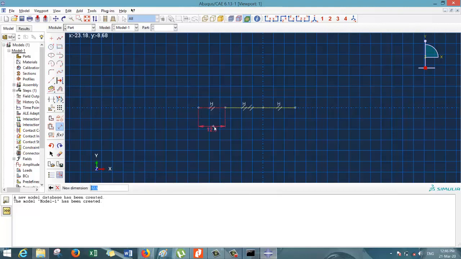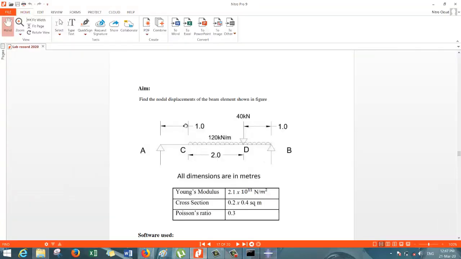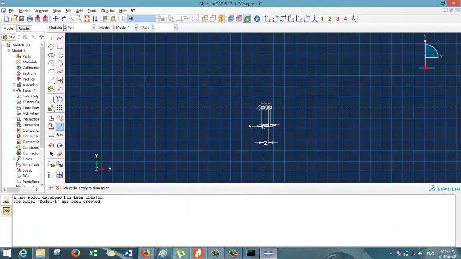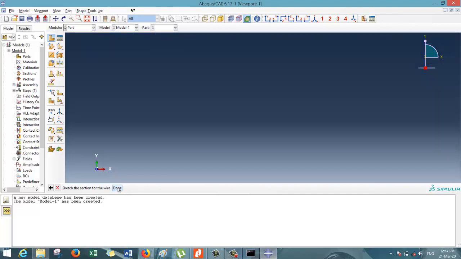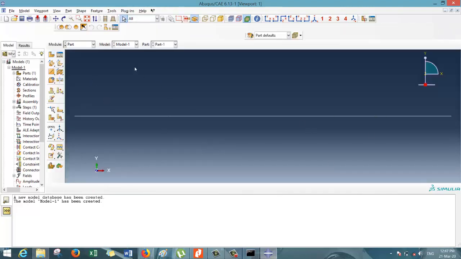So this is 1 meter, this is again 1 meter, and in between it is 2 meter. So 1 meter, 2 meter and 1 meter. After completing the dimensioning, click on escape and then click on done. So our part is ready.